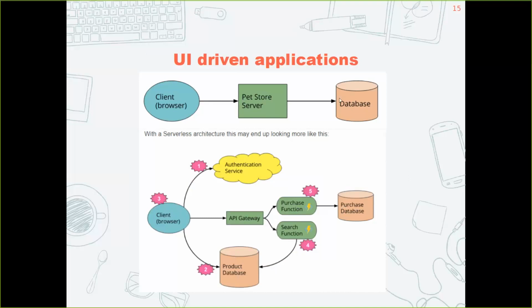Like here in this scenario, if you had hundreds of users searching and only one person trying to buy, and if that slowed down your system, that one person who's going to buy also will be put off, and they say, okay, fine, I'm fed up with this website, let me just go away. But when you move on to this split out model of using functions and a separate database, you've got improved performance because the people can search as much as they want. All the requests go to a different database, and the guy who wants to buy, which is the actual money earner for this company, gets a good experience. He just makes a purchase and then he goes away happy. And so that's this UI driven type of application.